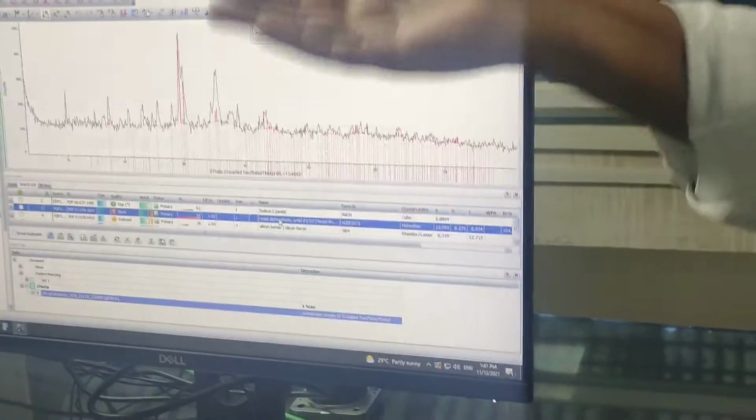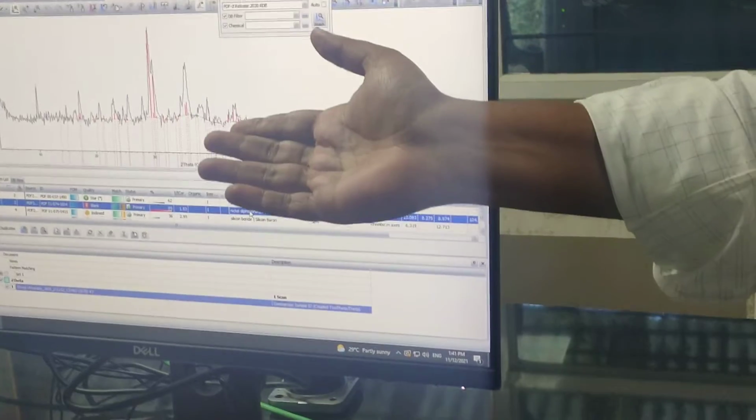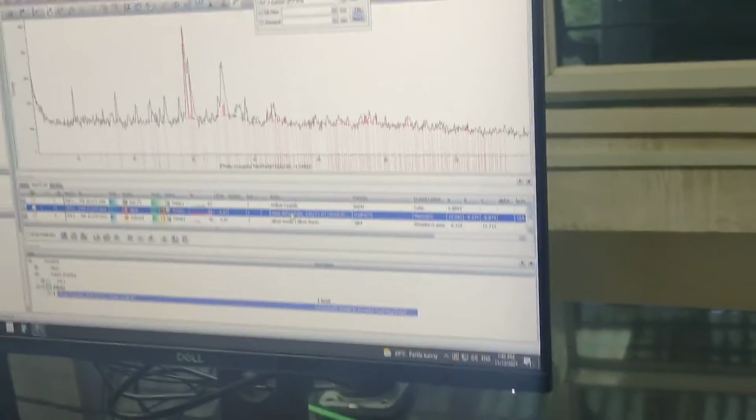So this is PDF. The COD was not giving a correct match, whereas when you use PDF, it immediately picked up the correct answer. Okay, so that is the power of PDF over COD.